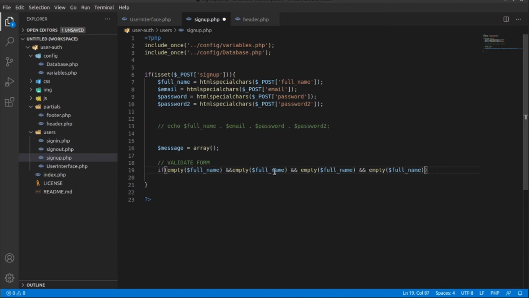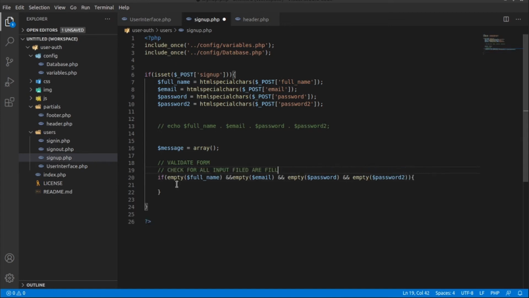This would be email, password and password 2. Actually we are checking if the user has filled all of our inputs or not.